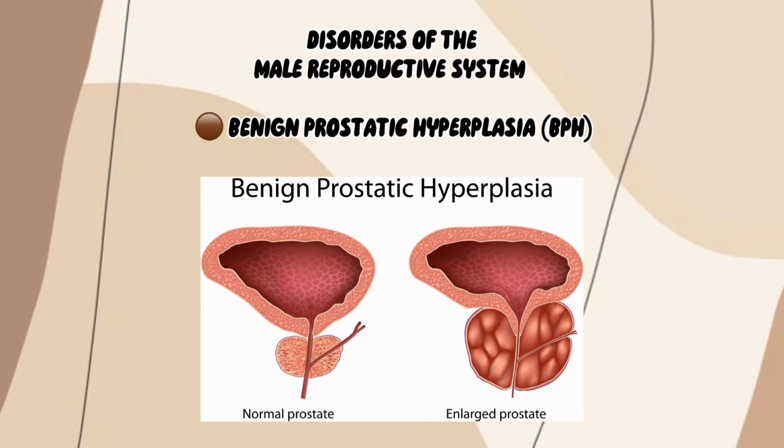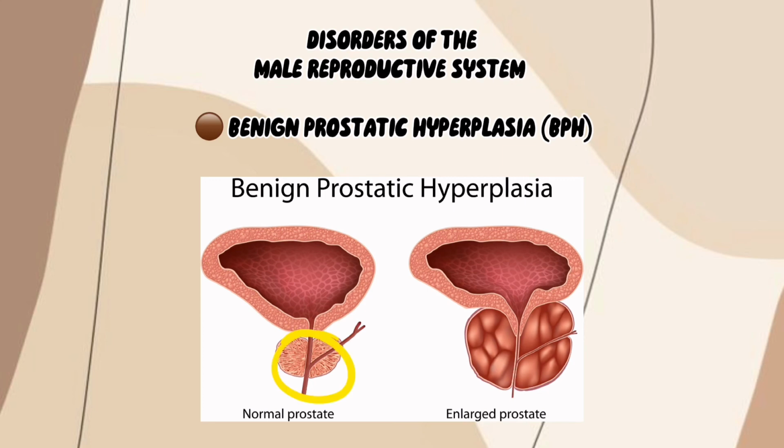Next would be benign prostatic hyperplasia, or BPH for short. This is caused by an enlargement of the prostate gland, not due to infection. This just means that the prostate is becoming enlarged, and it's more common in our older male patients, those over 50. This becomes a problem because, as you will see in the picture here,